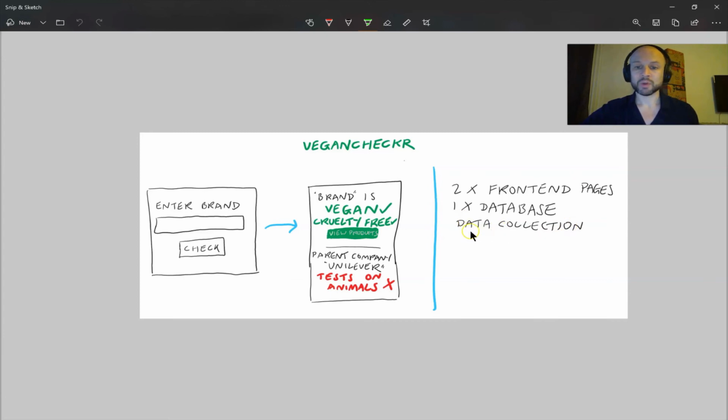The other thing we're going to have to do is a data collection process, which means we're going to have to figure out the world's top 100 brands, and then figure out if they are vegan, cruelty free, and who the parent companies are. So there's a bit of work up front to collect that and put it in the database. But I don't think it's that difficult, and I might live to regret saying that. But what this looks like is it's going to be